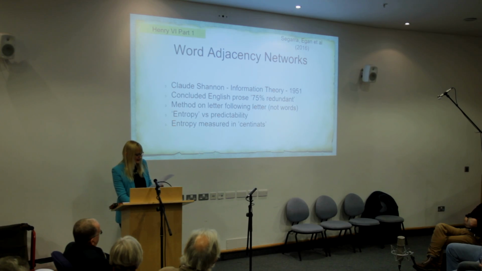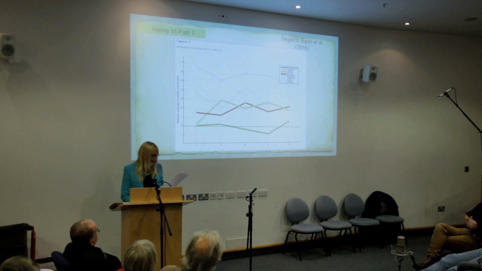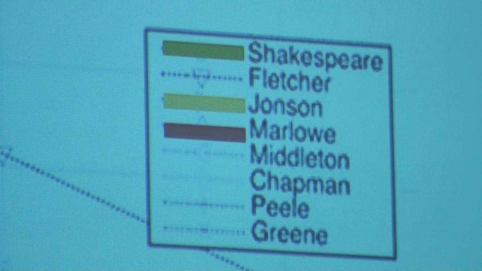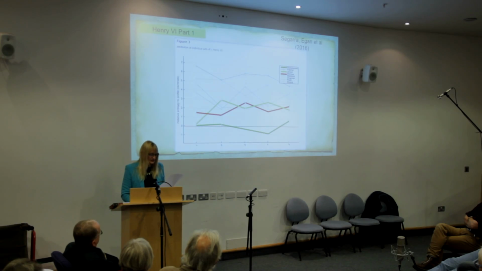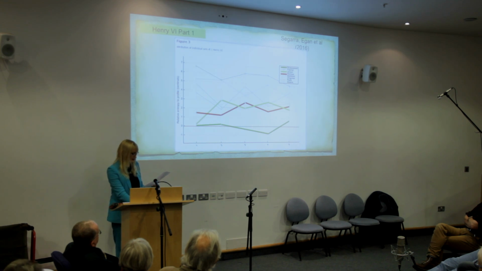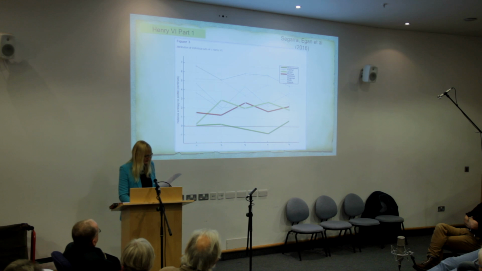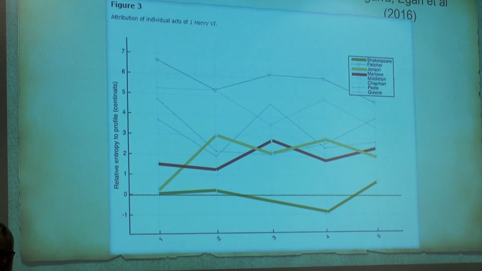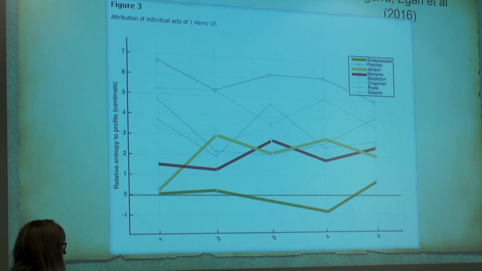It does sound impressive, but we really should look at their results on the Henry VI plays. The authors state in their paper that the higher the relative entropy, the less like an author's work the test text is. So a relative entropy of 0, they say, means it's no more or less like an author's work than it is to the work of all the other authors combined. Only a negative relative entropy can be read as having some similarity to the author's work. See in this first graph, mapping the relative entropies of various authors against the 5 acts of Henry VI, Part 1, how Shakespeare is the clear winner,